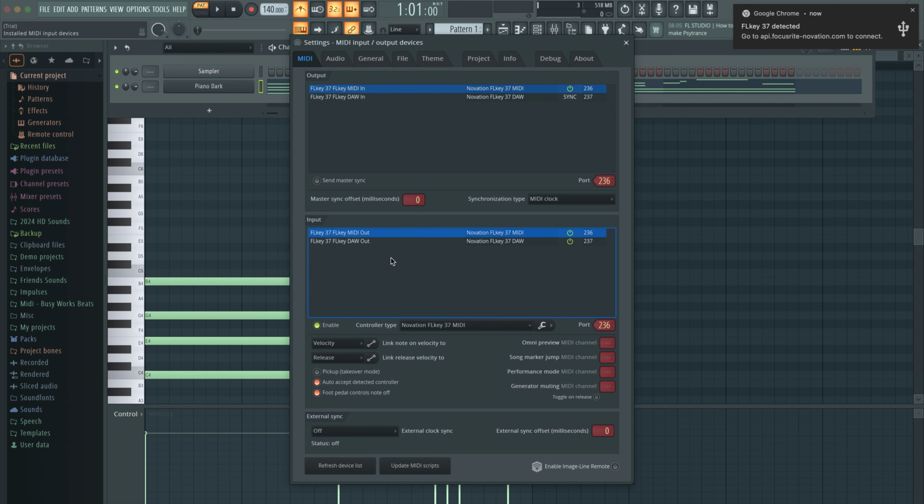If you don't see it listed here, you have to download what's called a driver for your MIDI controller specifically from the manufacturer. So that's something that's not through the ImageLine website. You have to go to the company, like if you have a Novation controller or any other controller out there, and download what's called a driver. A driver basically lets the hardware communicate with the computer.